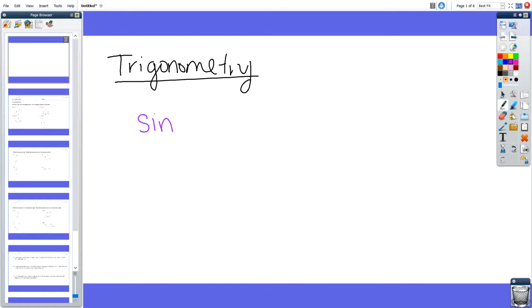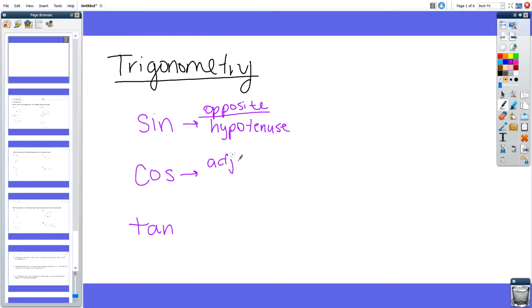You'll remember those are sine, cosine, and tangent. So these represent 3 different ratios. Sine is the opposite side over the hypotenuse. Cosine is the adjacent side over the hypotenuse. And tangent is the opposite side over the